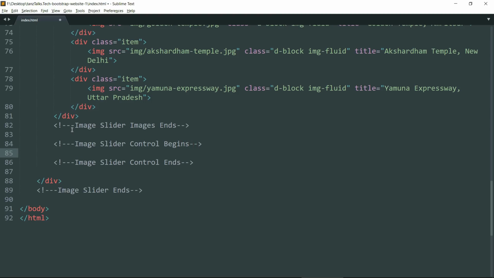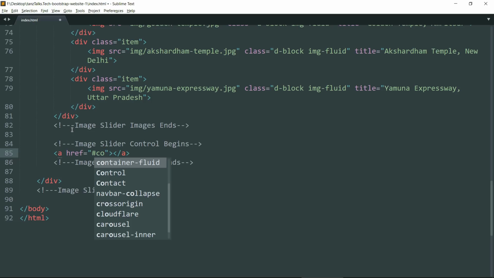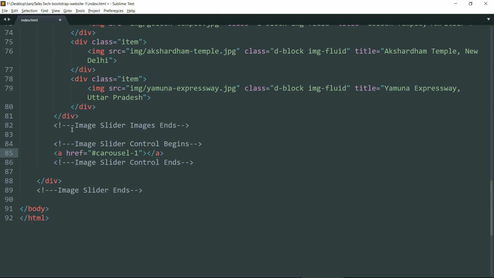Now let's add an a tag and refer it to #carousel-1 and give it a class of left carousel-control and role as button, then data-slide as prev.